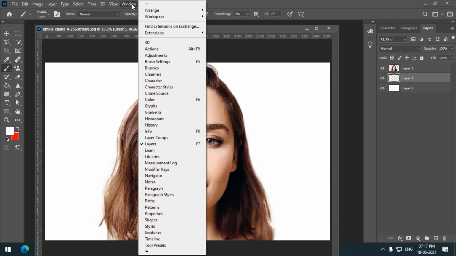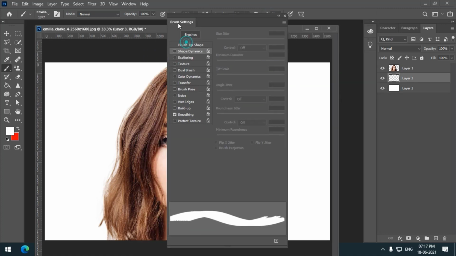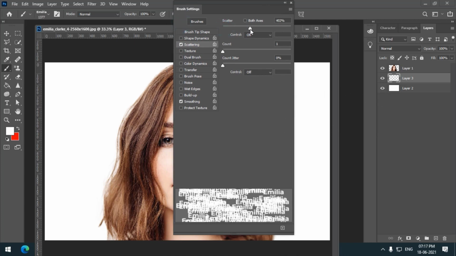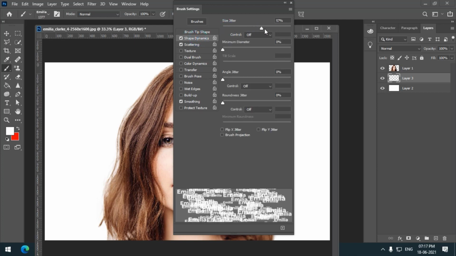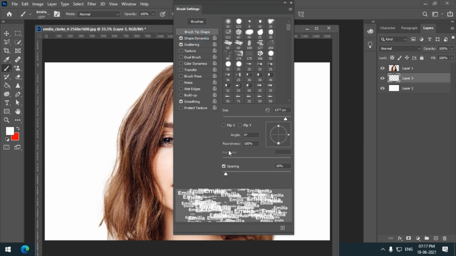You can go to the brush settings from here as well, and change the options of the brush like this. You want a scattered brush, you don't want a regular brush, so I'm changing it, as you can see in the preview here. If you want spacing, you can change it from here. I'm keeping it like this.